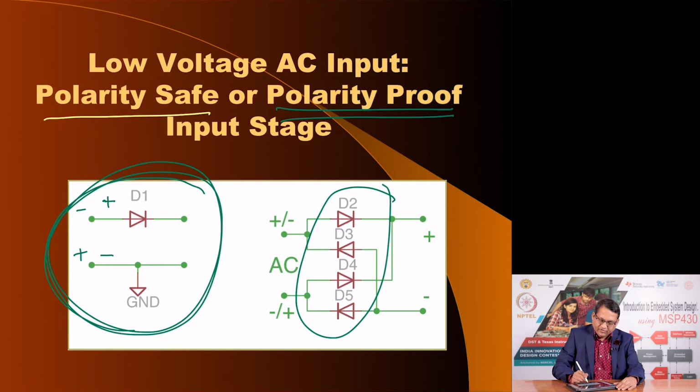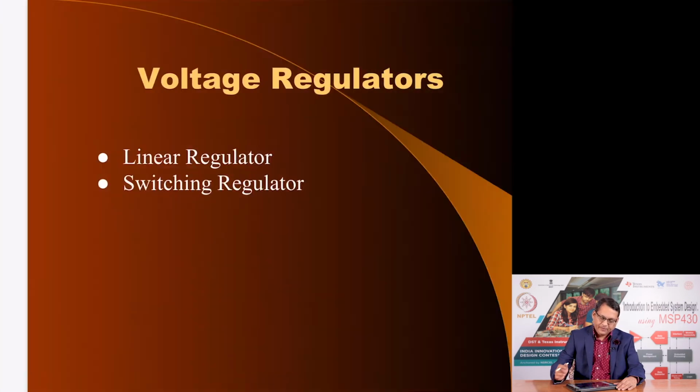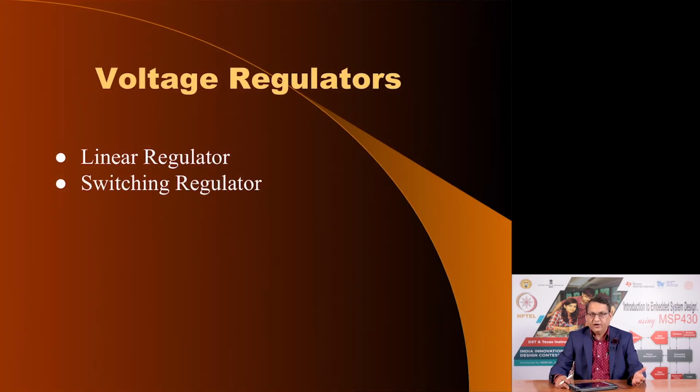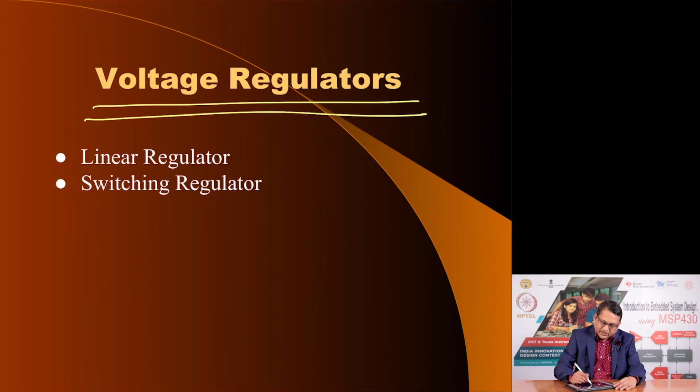This will ensure that whether you apply a DC voltage or a low AC voltage, you will get a fixed polarity, which is plus here and minus here, and then this could have further filtering and regulation to power your embedded application. So, these could be considered. Now, once you have reduced the voltage, rectified the AC voltage and filtered it, you would want to employ a voltage stabilization circuit, and these voltage regulators are of two types. One is called the linear regulator and the other is called the switching regulator.